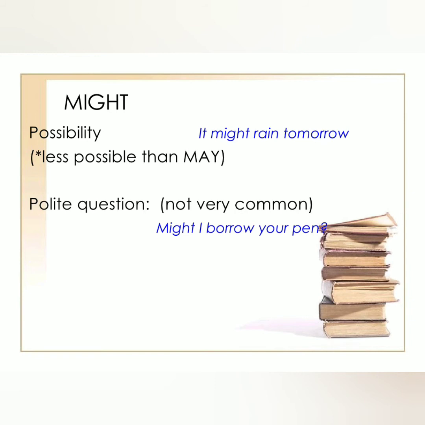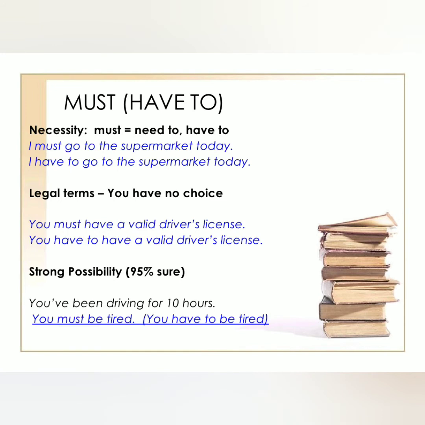The next over here is called might. Students, for might, again the condition applies that it is less possible than may. Matlab, might is there, but in this condition it is just the opposite. May is a strong word and might is a weak word. So here the condition is the same: possibility, polite question and all that. Only the situation is pretty different.